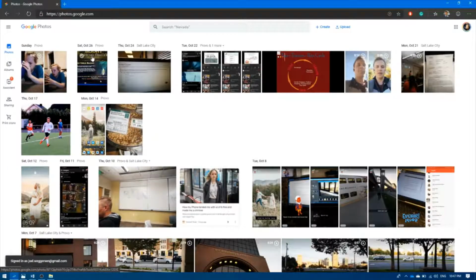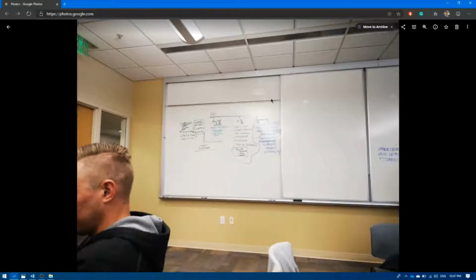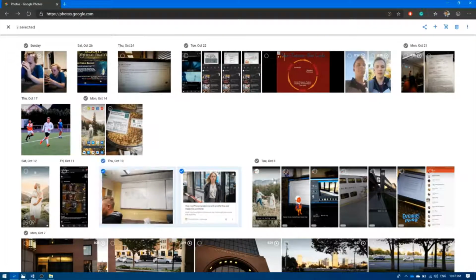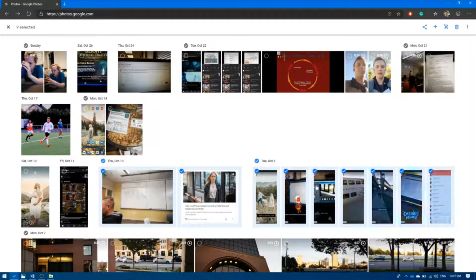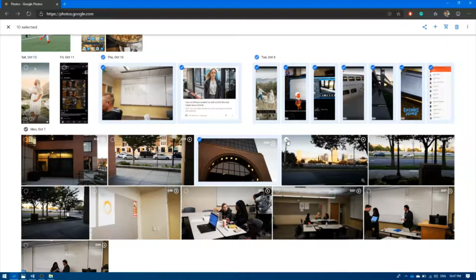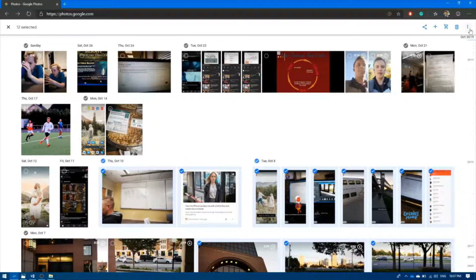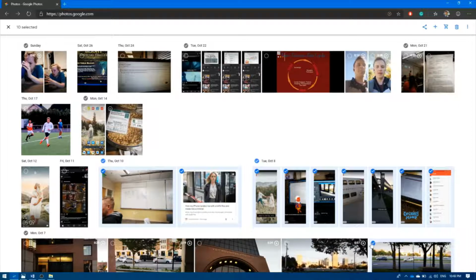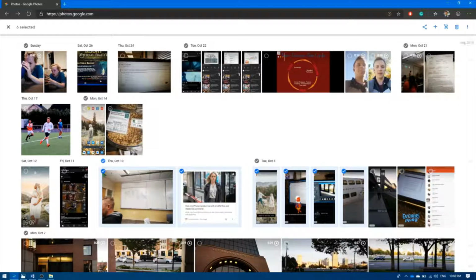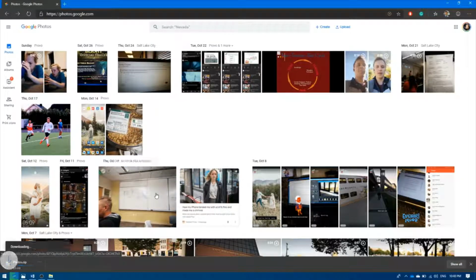Okay, so I know a lot of people might have a question, well, how do I really download these pictures? Because that's a really big thing. Well, what you can do is you select pictures or a group of pictures by holding shift and then clicking, or just clicking at the check mark, and then you hit download. For the purpose of this, we only want to select a few because it might take some time to download, and so we hit download. You can also hit shift D as a shortcut,